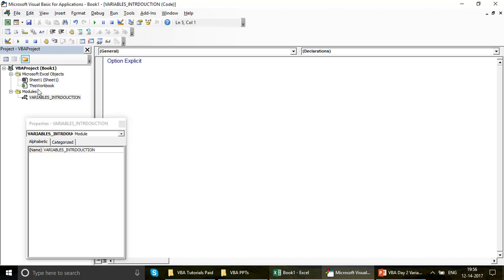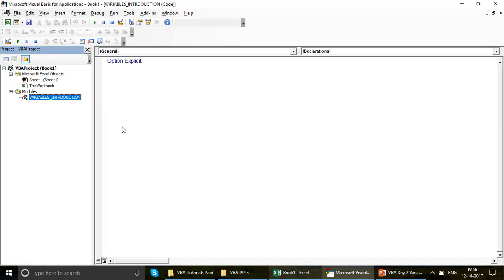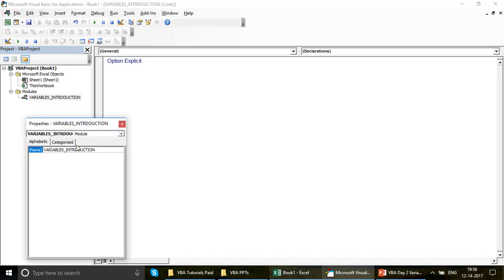Now I click outside, and now you can see that this is immediately renamed. I do not need this now, I can close this. Okay, if I further have to rename this, I first make sure I select this and I press F4. Okay, you press F4 and you're going to be on this particular